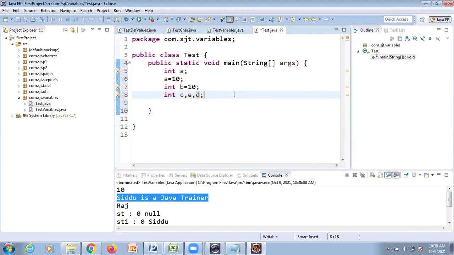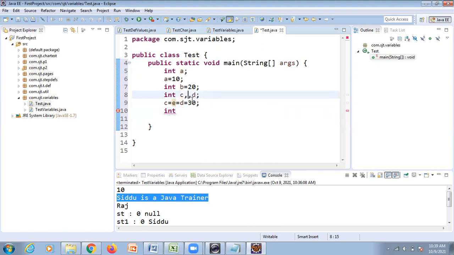Then c is equal to e is equal to d is equal to, we will say 30. This I'll make it as 20. Then we will say int a b c d e. Okay, a b c.